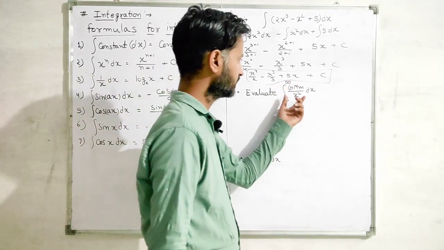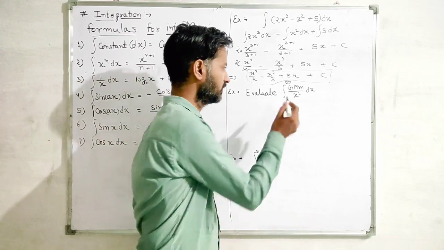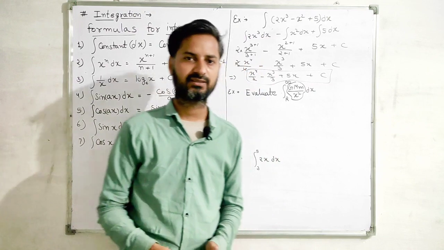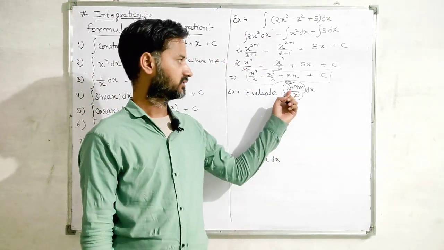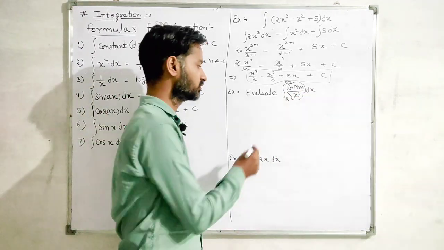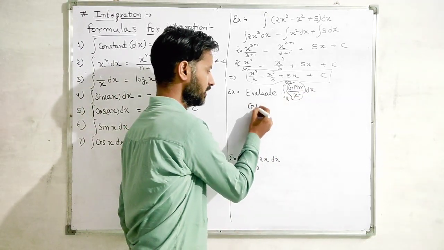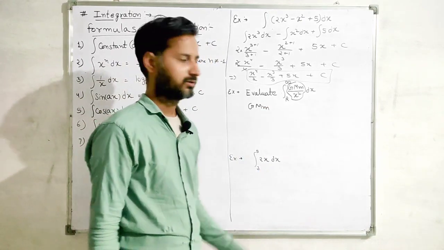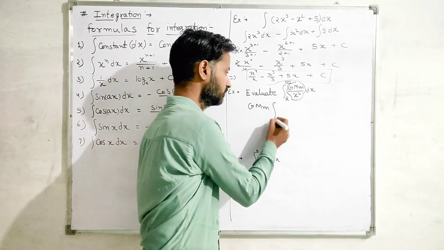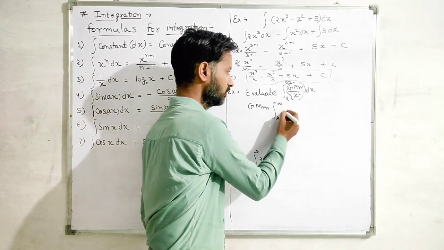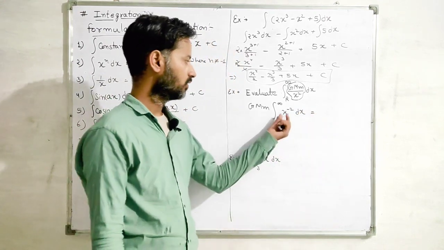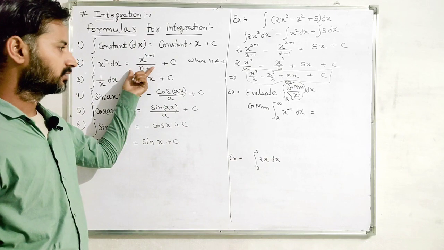This is the formula of gravitational force, in which G, M and small m are constant, so they come outside. G, M, small m, and this x, if we take it up, becomes x to the power minus 2 dx. Now, by the formula of integration, it will be